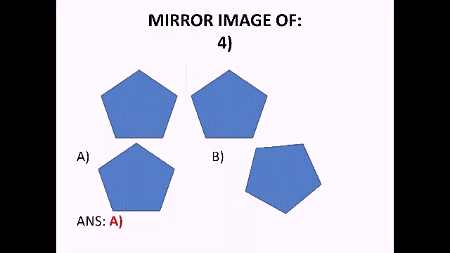Because in B, look here, the shape that is given in your question, A resembles the exact shape, but in B, the shape is inverted. It is upside down. Here the object that is placed in the question, the bottom portion is at the top and the top portion is down in option B. But in option A, the object exactly resembles the image. So that will be your answer.